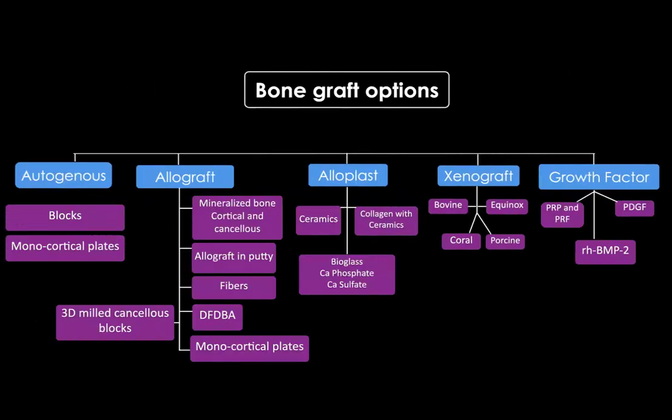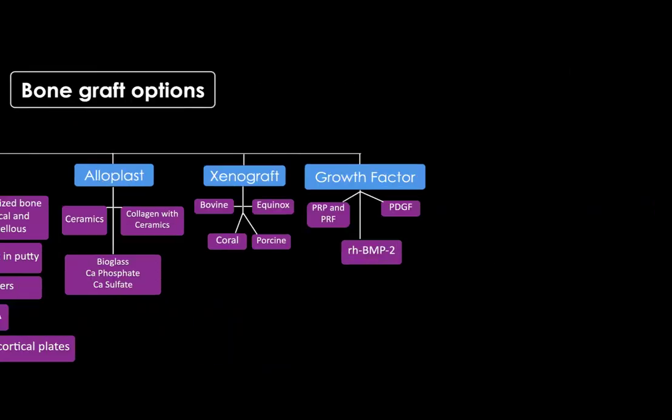And then in 2010 and forward, we started seeing a lot of things coming up: the fibers, the monocortical plate, the 3D milled cancellous blocks. And in the xenograft space, we had the equine and we had the porcine. And in the growth factors, we had PRP, PRF, PDGF, and recombinant human BMP-2. So you can see today we have all of this amount of biomaterials. I am going to focus on the allograft in particular, obviously,